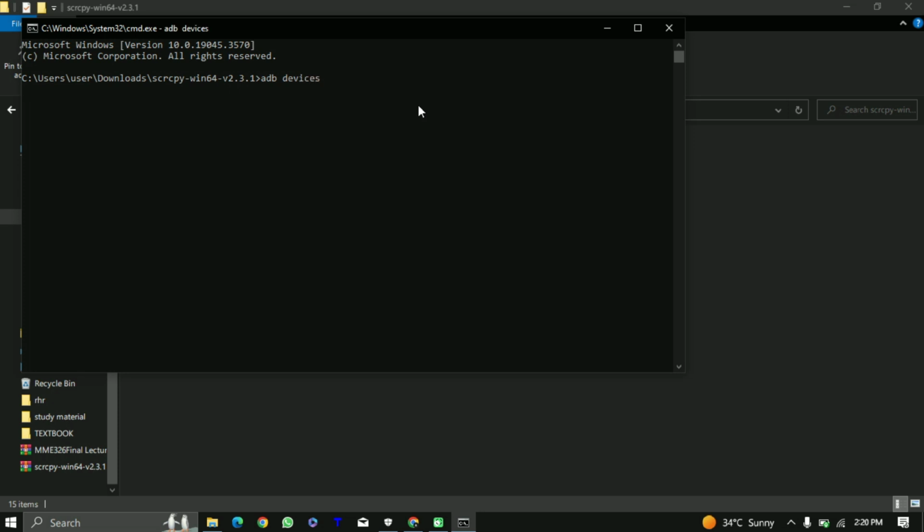Now, connect your USB debugging enabled Android device via USB and run the command adb devices. If you don't know how to enable ADB, visit the